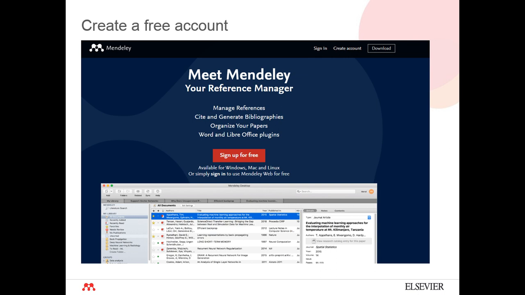And if you would like to download the software, on the top right there is sign in, create account and download. After creating the account, it will give you an option to download Mendeley, so you can start the downloading process, and meanwhile you can enrich your profile by adding your information and credentials. Once you have downloaded Mendeley, you can start adding your publications and organizing them as you want.